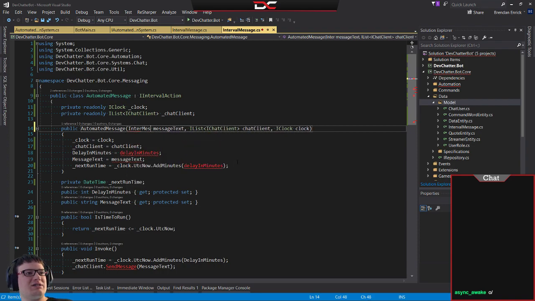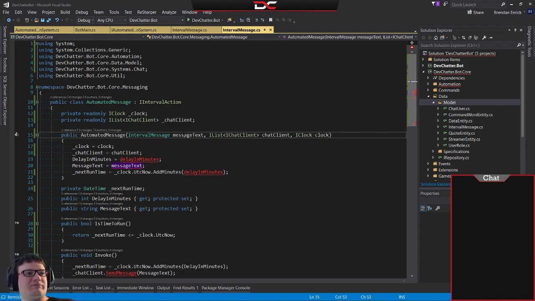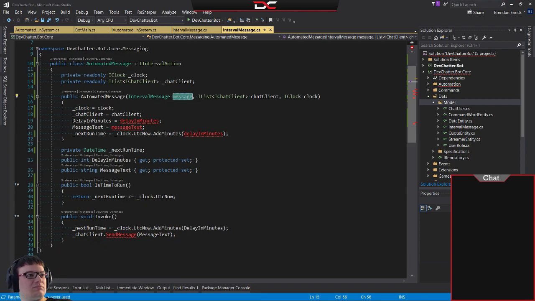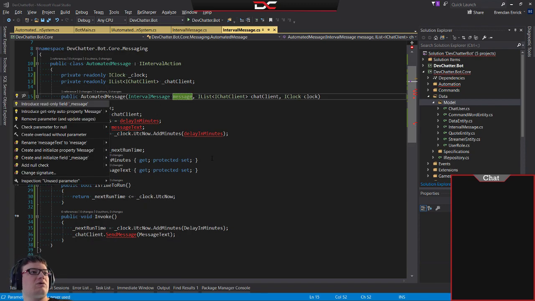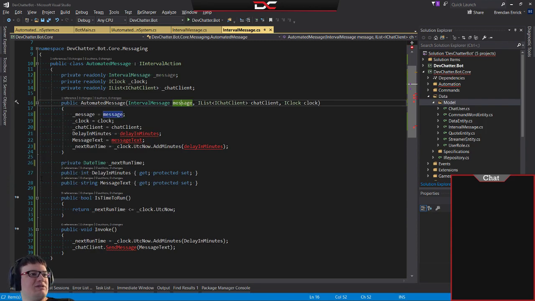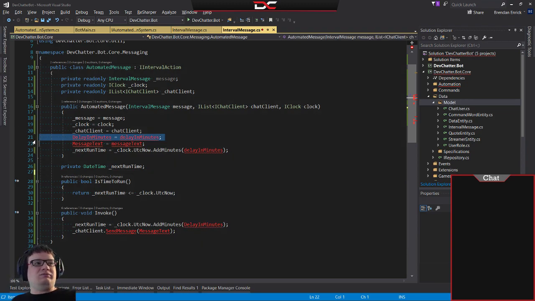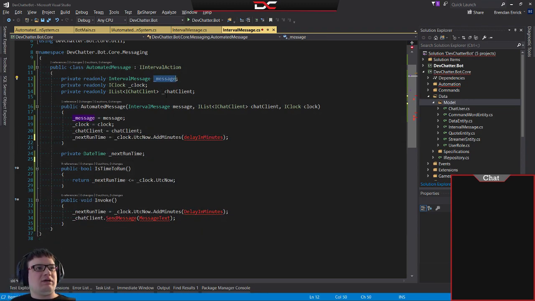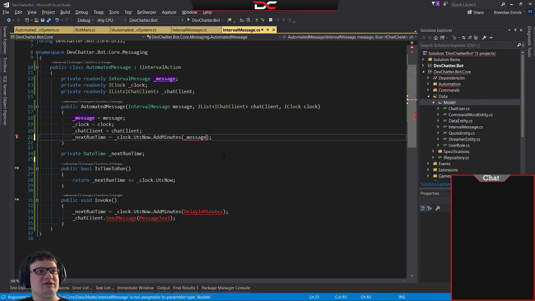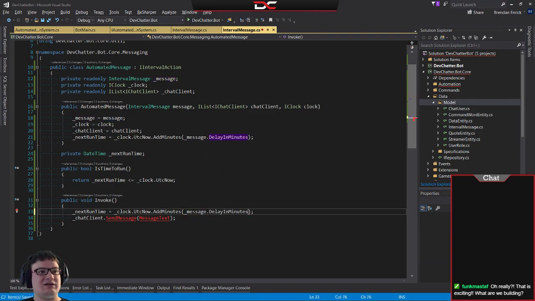Whoops, IntervalMessage. That's going to be the message. We are going to store that as the internal message. We're going to get rid of these two values because they no longer need to be here. And this is now going to use message dot delay in minutes, and then message dot delay in minutes, and then we're going to say message dot